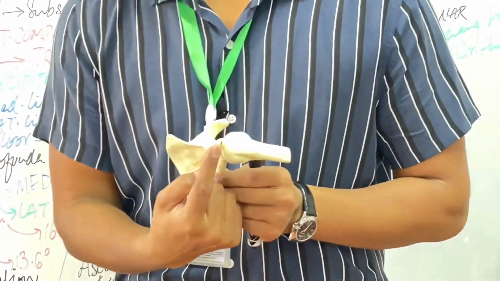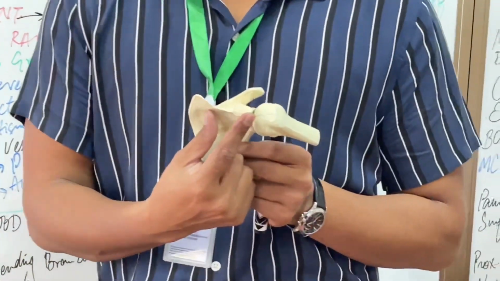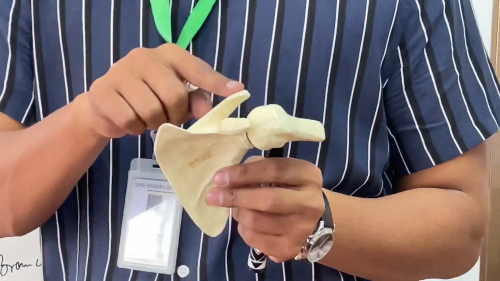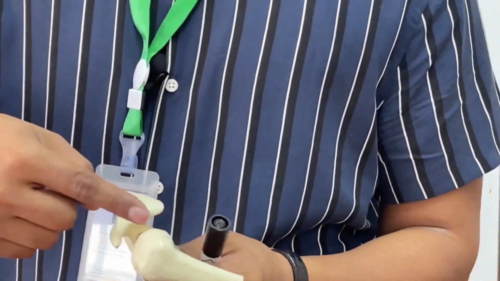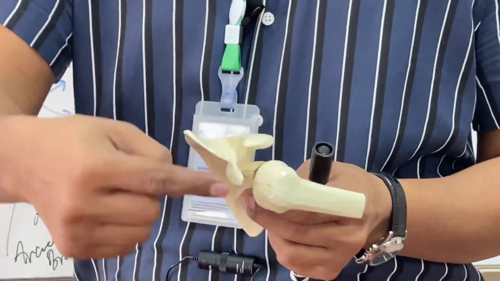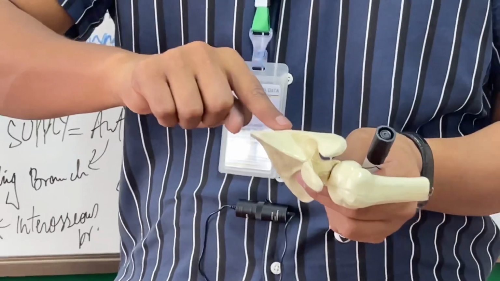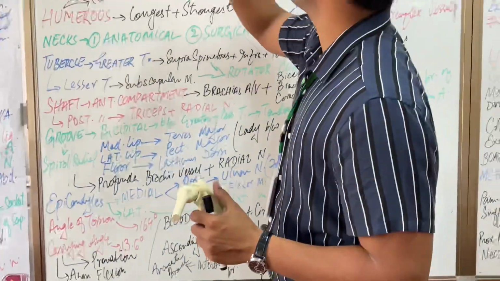What is coracoid? It is a Greek word meaning crow's beak. Then we have the spinous process over here, and then we have the coracoid. This is the acromial process. Coracoid process, acromial process, and spine process. First of all, number one, coracoid process.